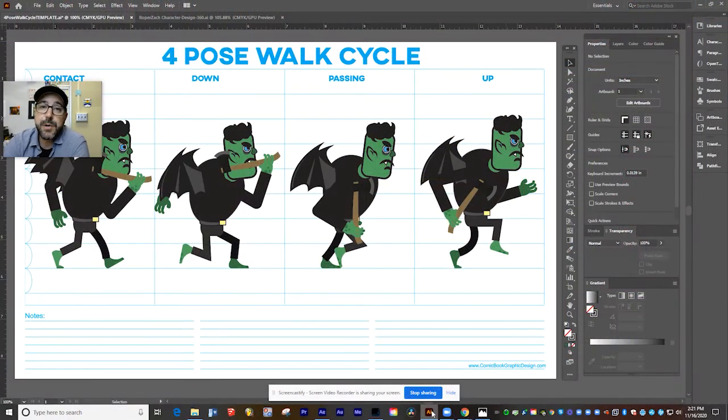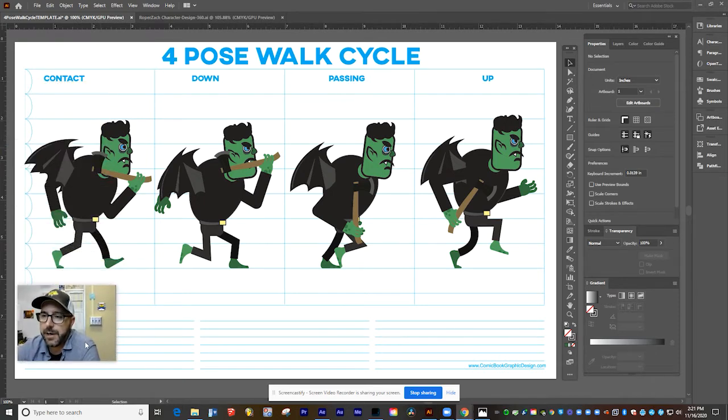Hi guys, this is part 2 of animating your 4-pose walk cycle. Now remember, in the first video, we used Adobe Illustrator to create 4 different basic poses of how our character is going to walk. We've got contact, down, passing, and up. And you can see how I've moved his arms and legs for each of those poses. What I'm going to do now is take these poses over into Adobe Photoshop and actually animate them to play